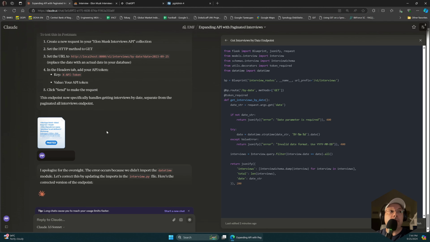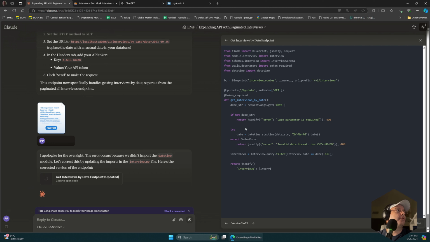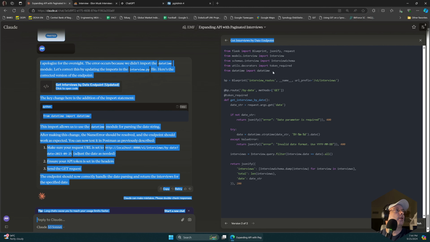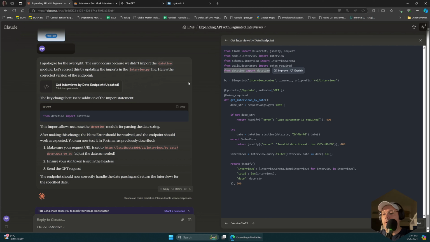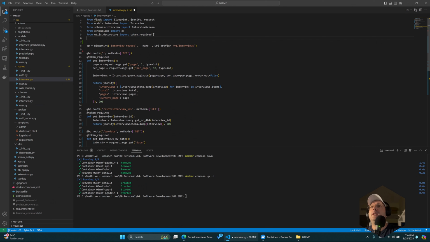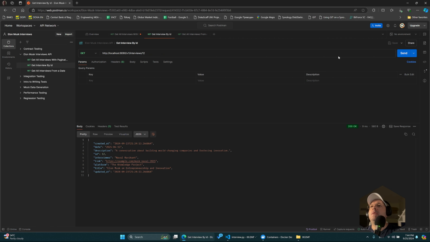Again, this is the point why we're using this. Apologize for the oversight because we didn't import datetime. Okay. So that means I need to just add datetime from the top. Copy. Then we go to the code, and here we import datetime. I will try without restart. Let's see. Send. Awesome. And apparently there's no interview from this date, so we're gonna run one and we're gonna look for